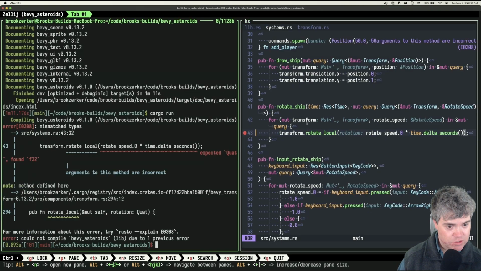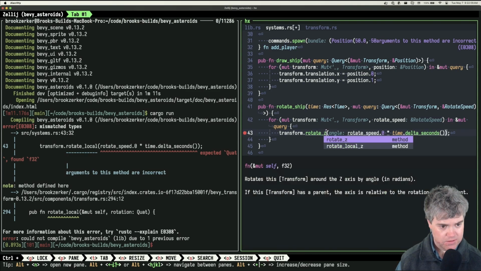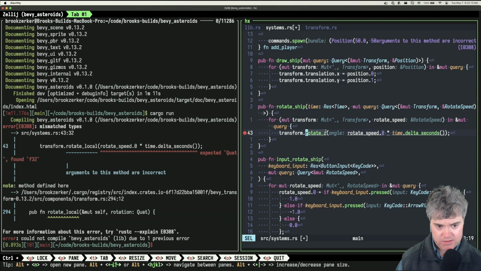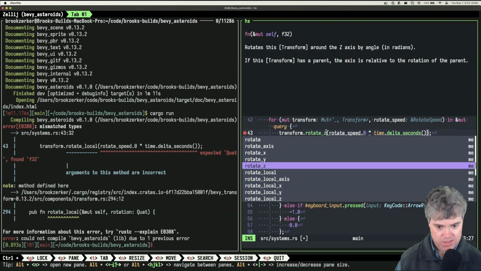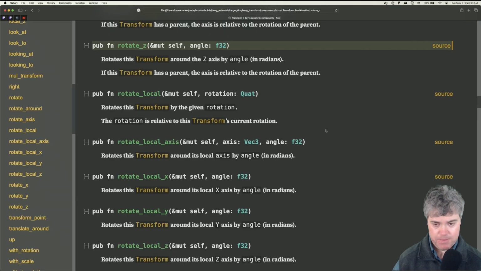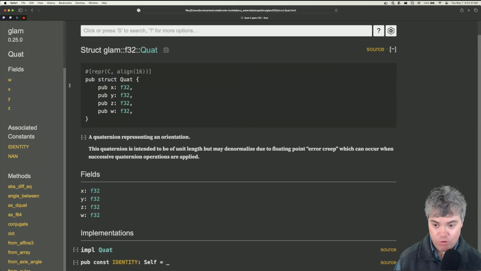Oh, okay. So hold on. Wait, didn't rotate Z take a quat too? Because hold on. Rotate Z takes just an angle. That's what it was. Okay. So if I rotate local, you take a rotation, which is a quat, a quaternion representing an orientation.